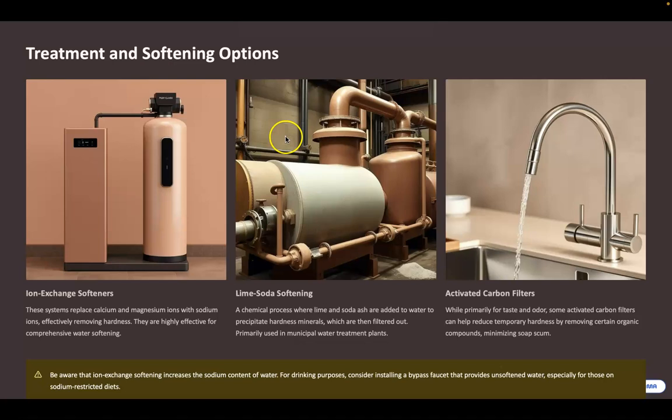One of the easiest methods is the lime soda softening method, where lime, calcium oxide, and soda, that is sodium carbonate, are added to the water, and these react with the water, and the calcium and magnesium ions are removed by forming calcium carbonate and magnesium hydroxide respectively. So this calcium carbonate and magnesium hydroxide will be removed by filtering, by using any sand filter or any